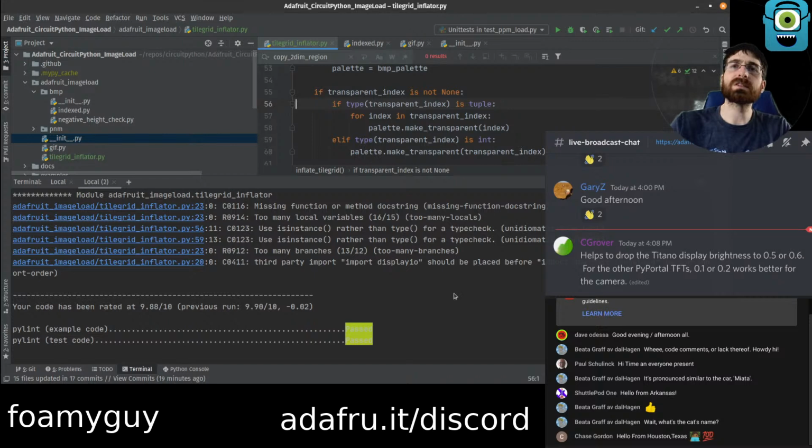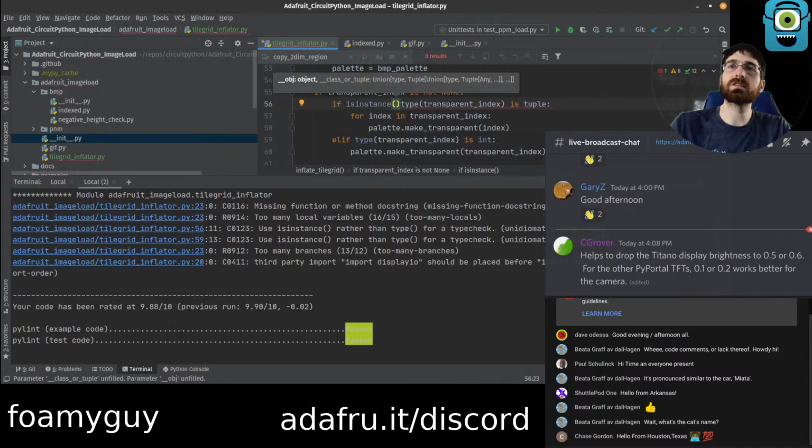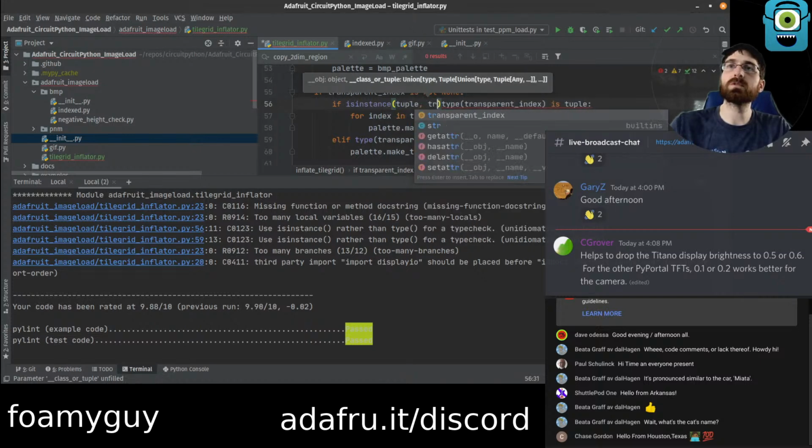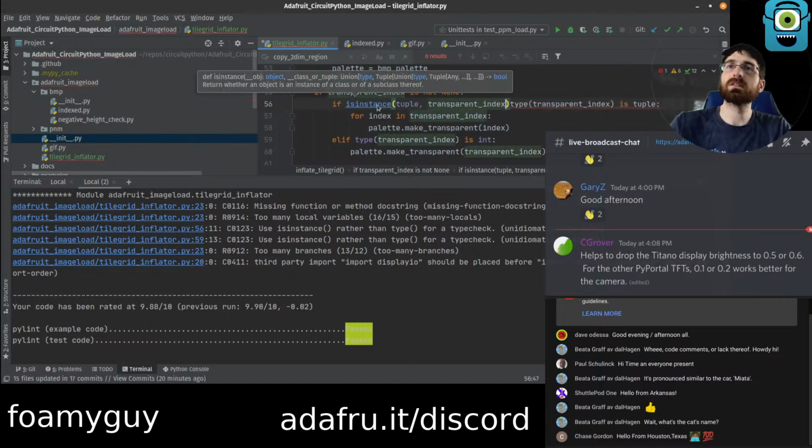Use isInstance. Okay. Unidiomatic. How's it unidiomatic? If isinstance transparent index, no, type is first, tuple transparent index. Is that right?